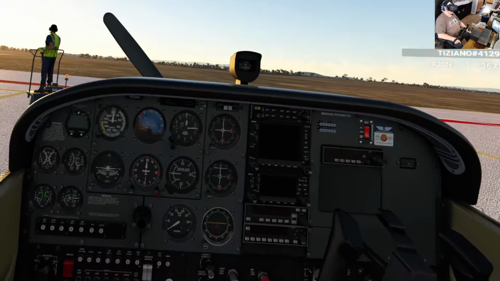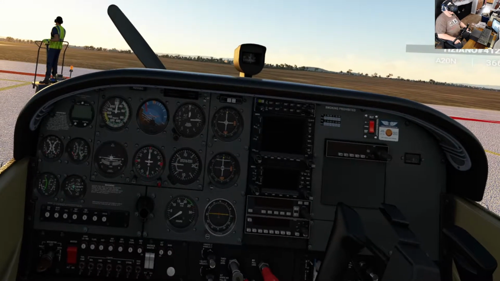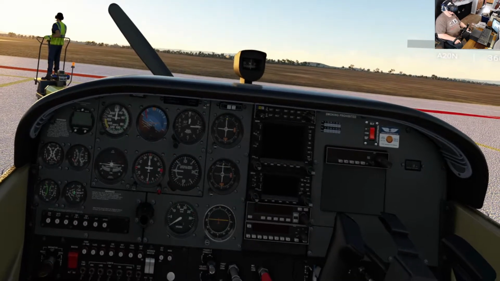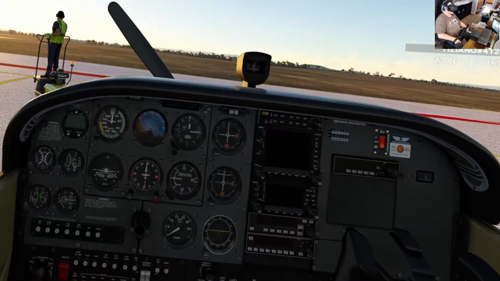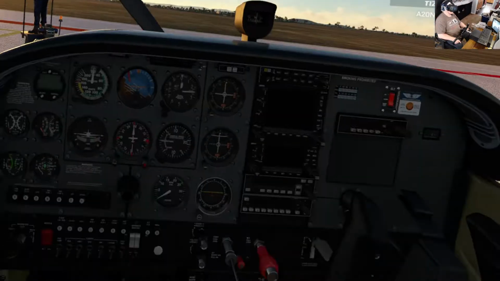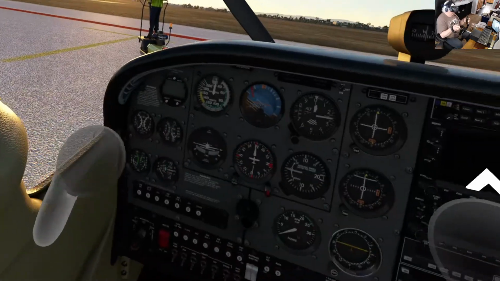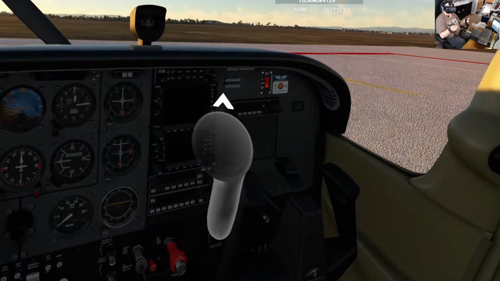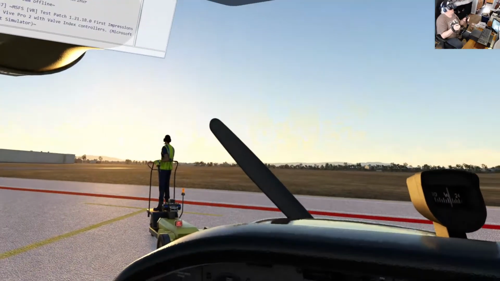So now that we got that all done, let me move up, move forward. So, got a couple of things going on with these controllers. The way the Index controllers are working for me is